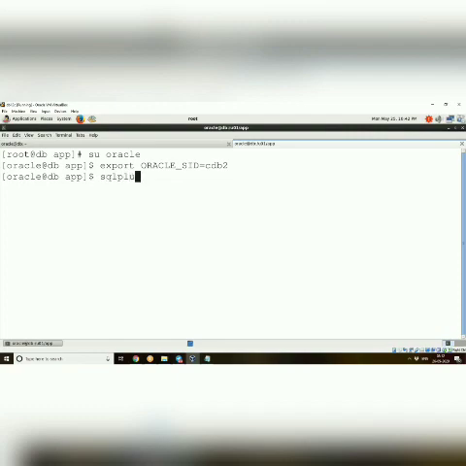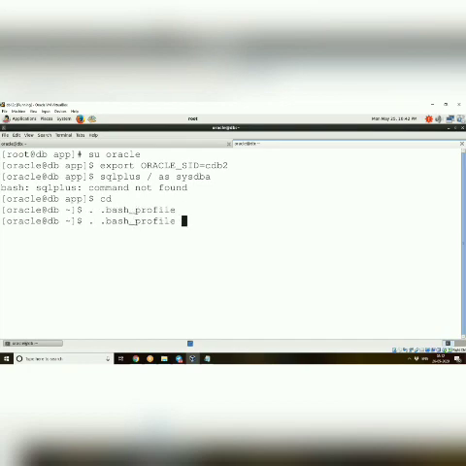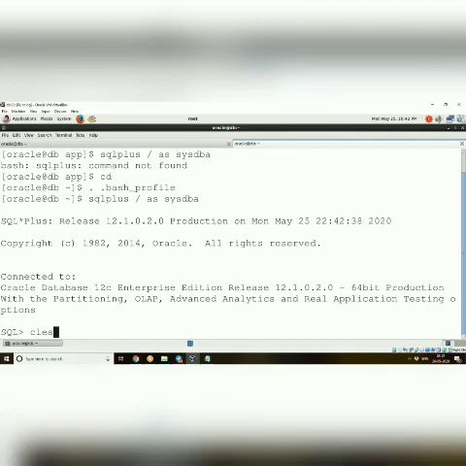So now I'll go as Oracle user, I'll export ORACLE_SID equal to CDB2, SQL plus / sysdba. I'll run the bash profile. I have run. Now I'll select name, open_mode from v$database. Okay, I have done now.